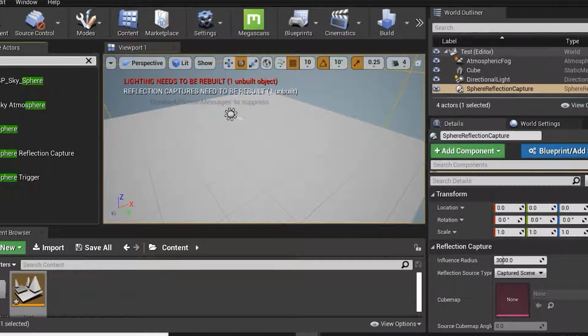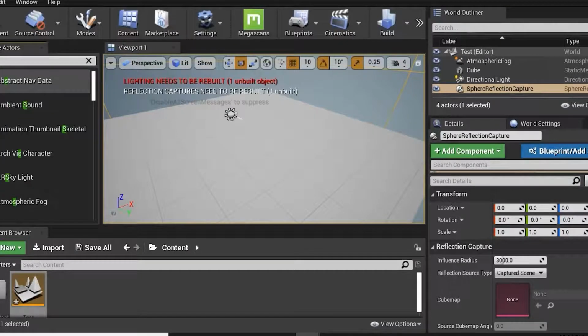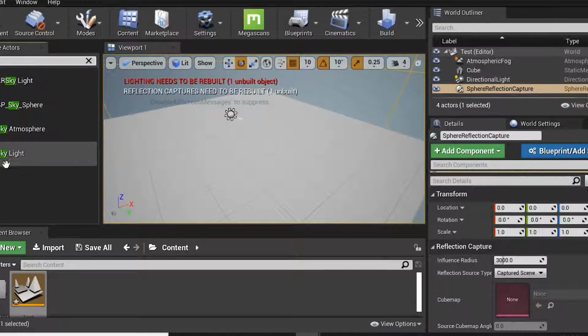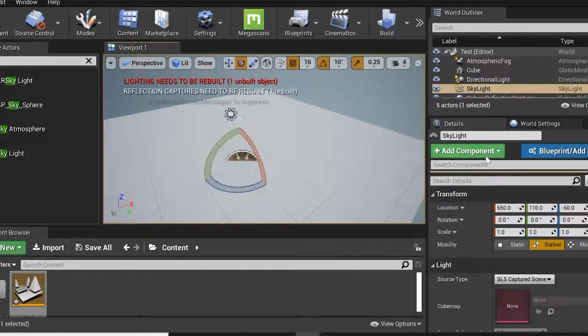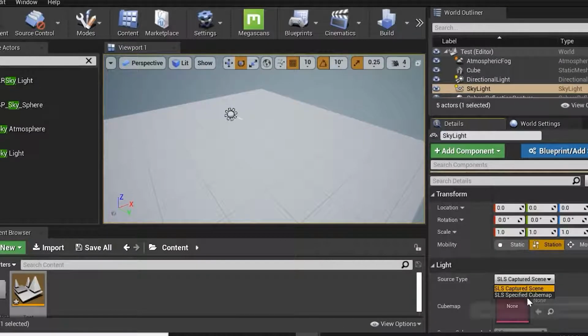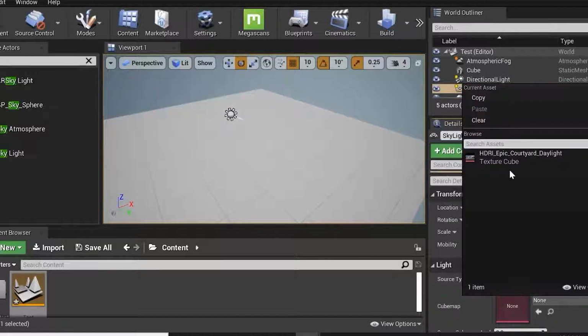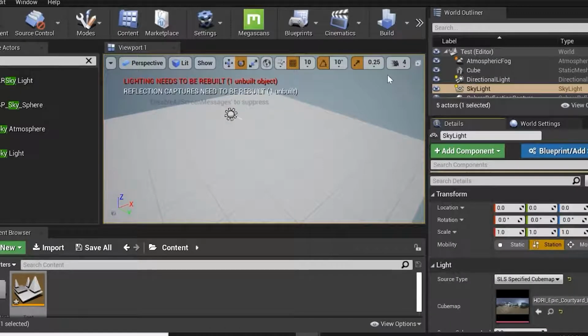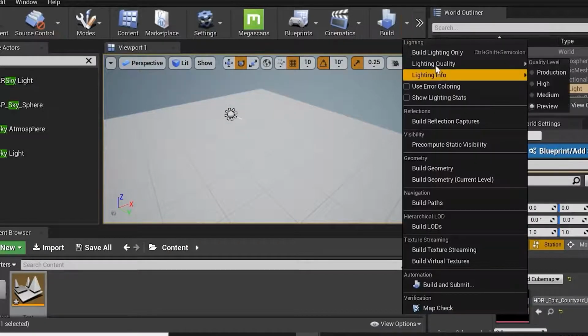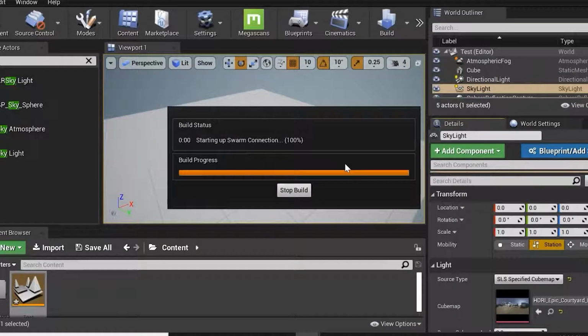Now plus we will add this skylight in our scene. If you see, correct, and I'll just make this 0 0 0 over here. If I want to add HDRI light to my skylight, I just need to say the spherical ramp, click over here, HDRI light. Again I need to calculate again, showing build lights only.